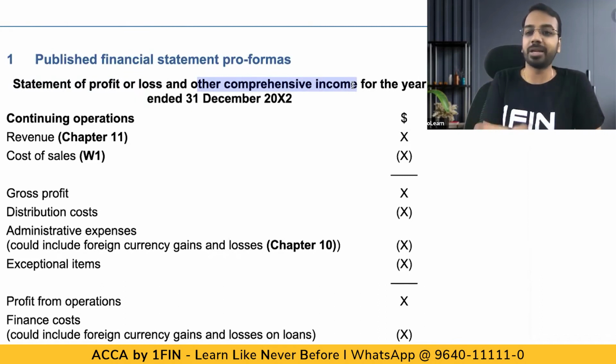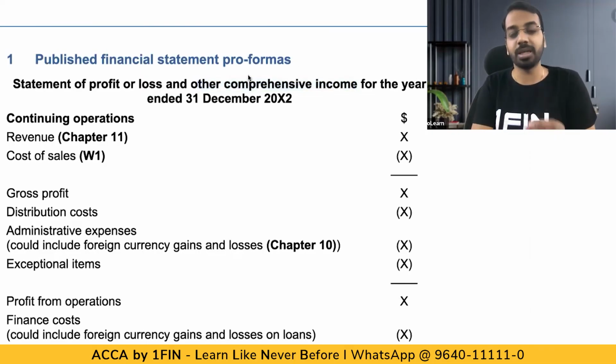Other comprehensive income are those specific items which are in the nature of income or gains, but they are not reported as profit in the current period. They may be reported as profit in the future, or they may not be reported in profit at all. But this other comprehensive income also belongs to the shareholders, to the owner. So we'll understand